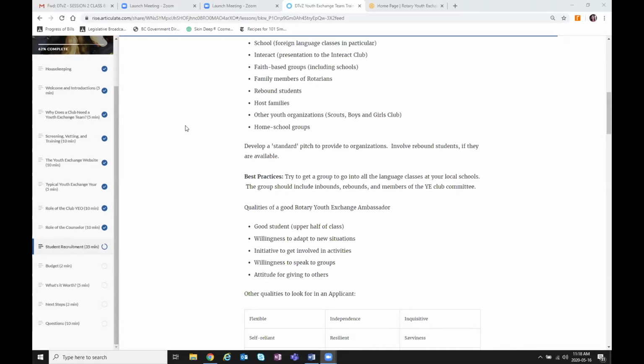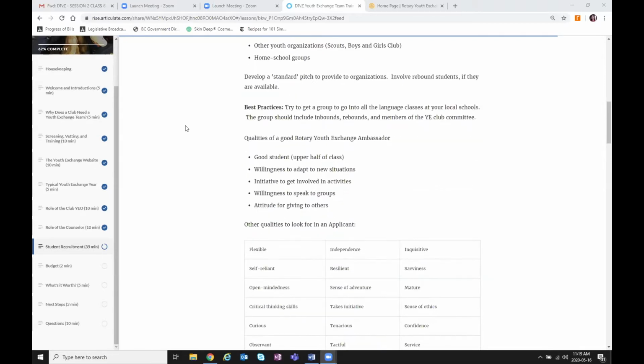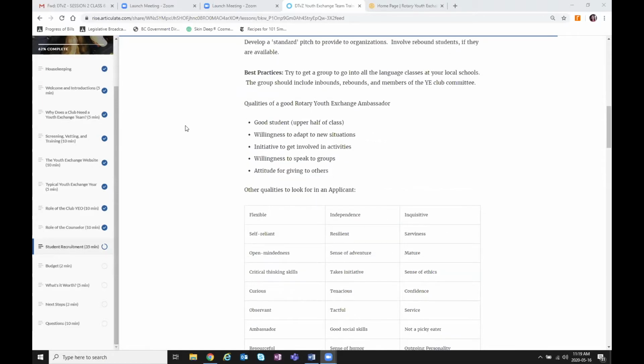Don't forget about your scouts, your boys and girls, your brownies, your guides, those kinds of groups. And a group that is often overlooked is the homeschool groups, and those are getting bigger and bigger. That's a great contact. Usually your high school will know who those people are and can contact those groups and see if they're interested. It's great as a committee and a team to get a standard pitch going, a show that you take on the road to all these groups. And again, get your Rebound students to come with you. Get them to put their blazer on and hit the road with you and talk about these things.